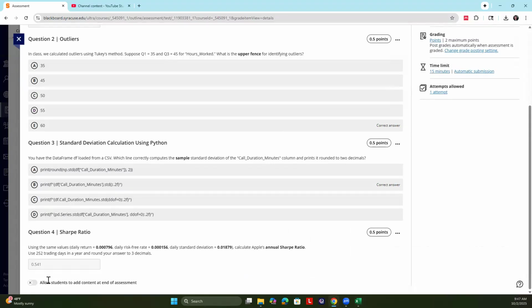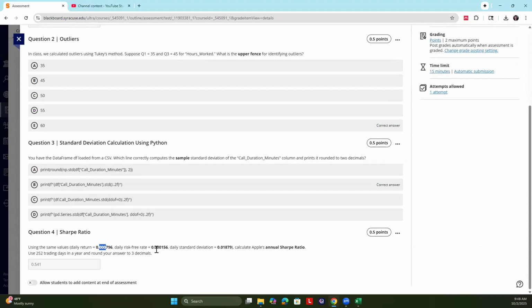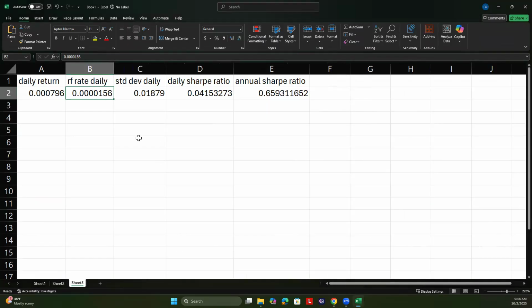So 252. The answer is 0.6593. And let's see whether we are making any issues here. 0.30796. Okay. 0.030156. So I put an extra 0 here, as you can see. That's fine. Delete that. And then standard deviation